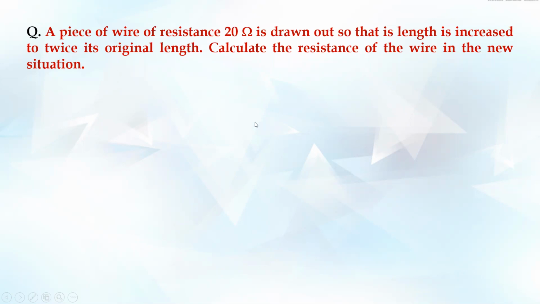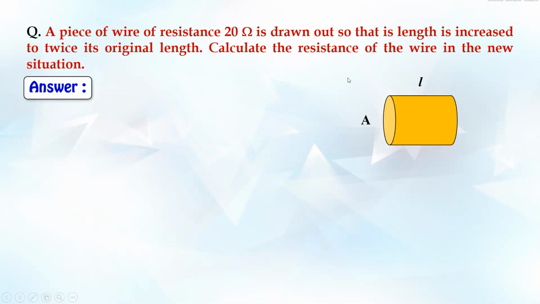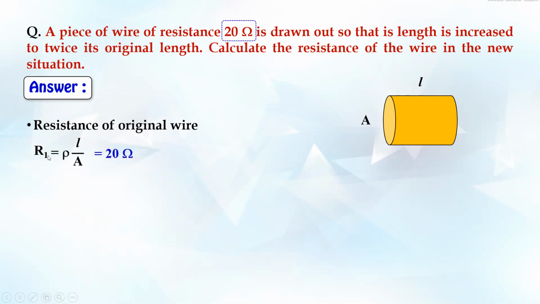So here's the solution. First of all, if you see, here we have two wires. For one wire, the length is L, we can consider length L. Then its area we will take as cross sectional area capital A. And for this combination of length and area, we have resistance as 20 ohms. So we can write resistance R1 for the first wire, that is the initial original wire, that is rho L upon A. Since there are two wires here and the material of both wires is the same, resistivity will come into the picture. So hence we are going to take R1 is equals to rho L upon A, which is 20 ohms.